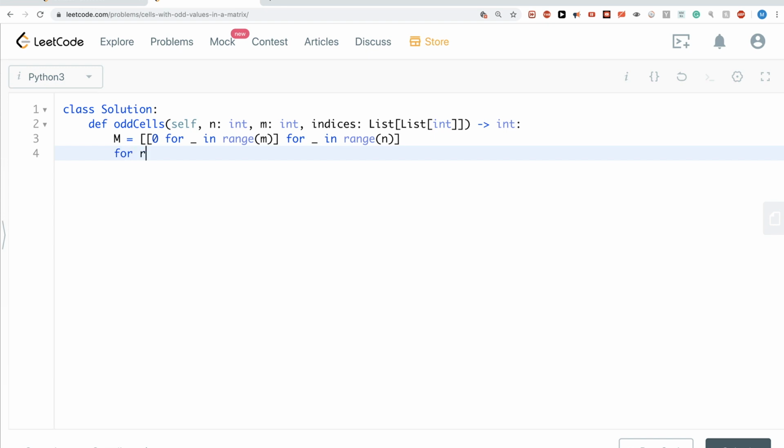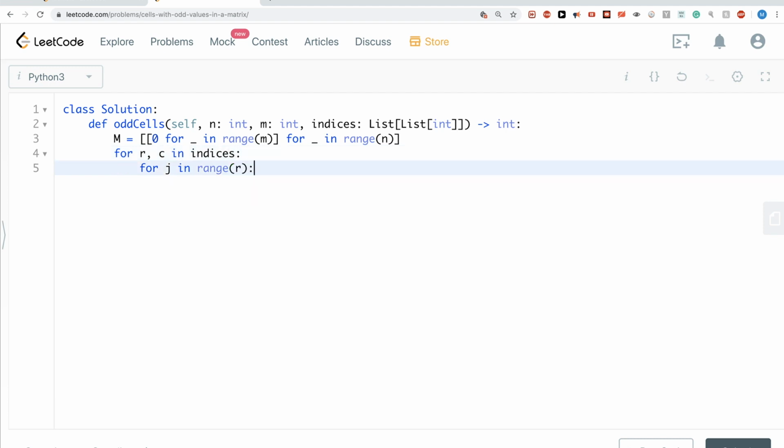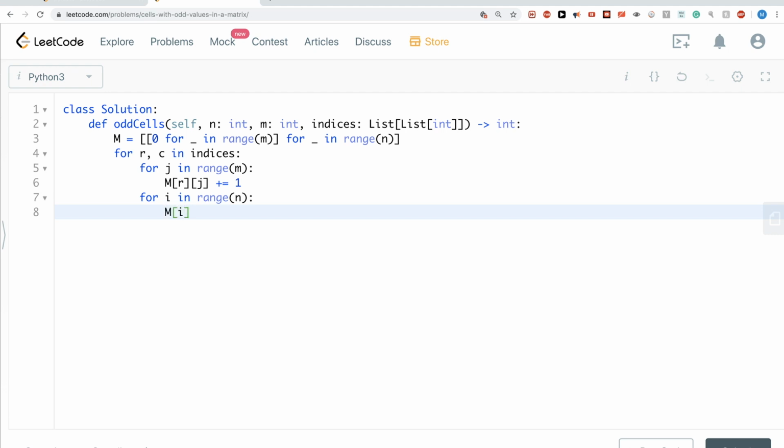Then we need to go through the indices, and after that we need to increment for each one. So for the values in the row, we need to go through the columns for that row, and we want to increment every value in there by 1. And then for the column portion, we need to go through the rows and change each value in that column, right? So that would be I, and the column would be C, and we need to increment that by 1. And at the end, we could just return all those that